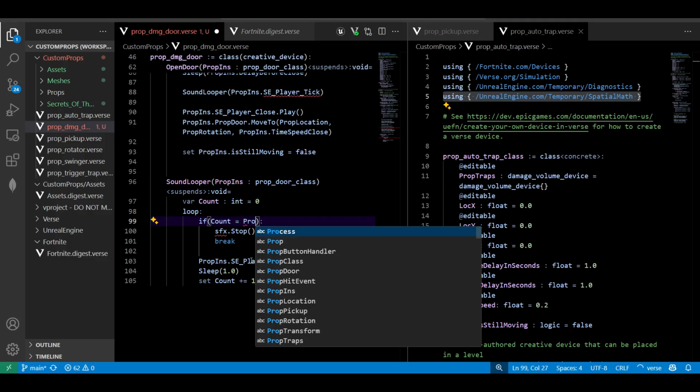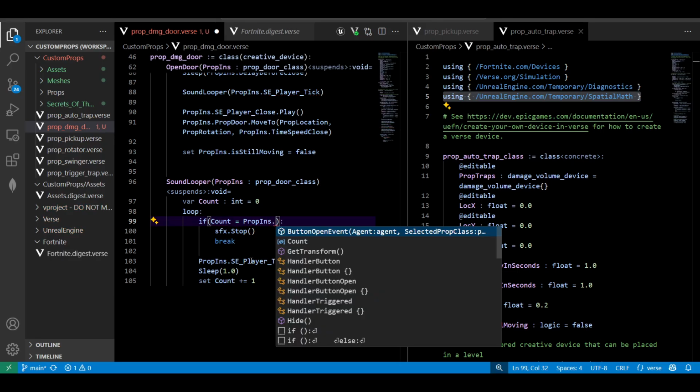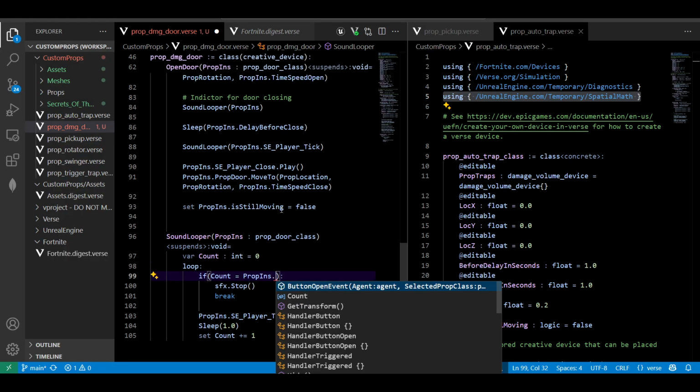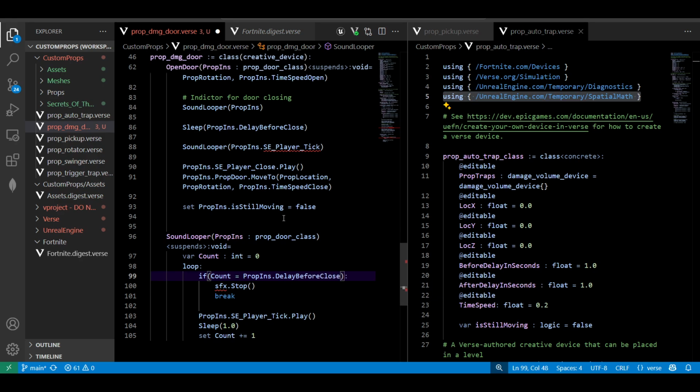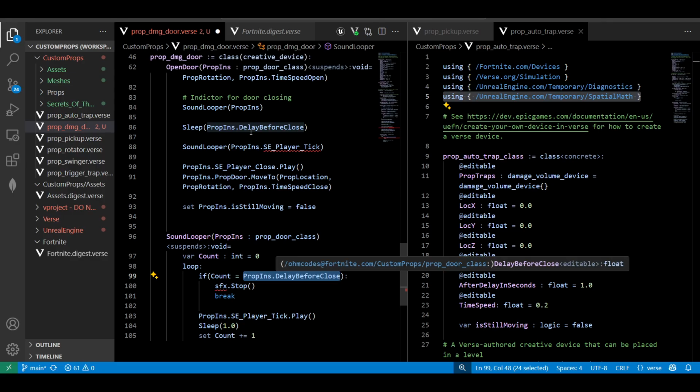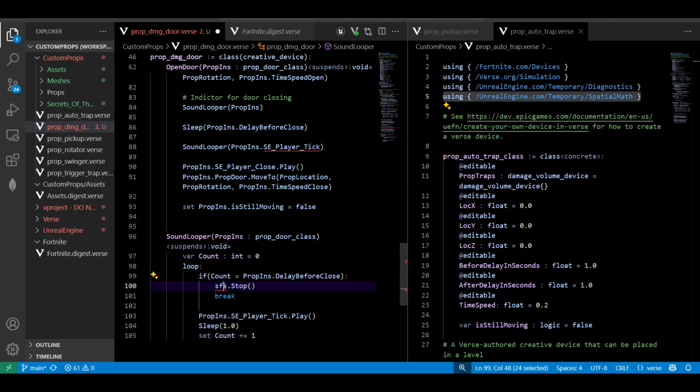That means, what's the delay before close, right? Delay. Okay, so if it equals 5 seconds, then the sound effect will stop playing,